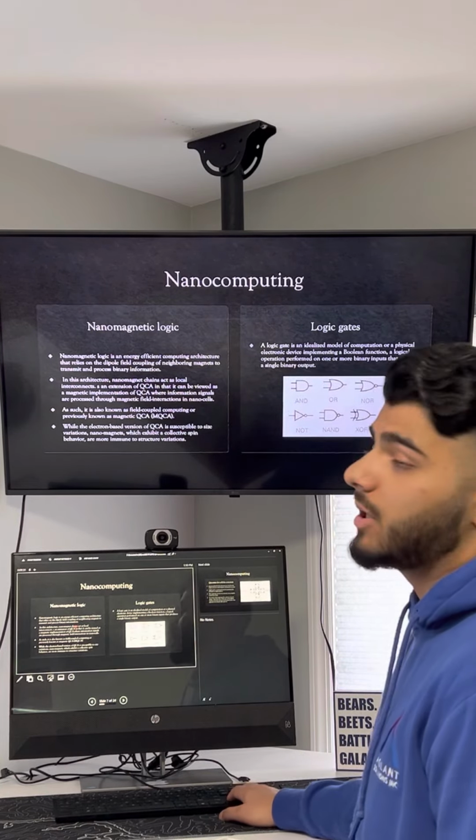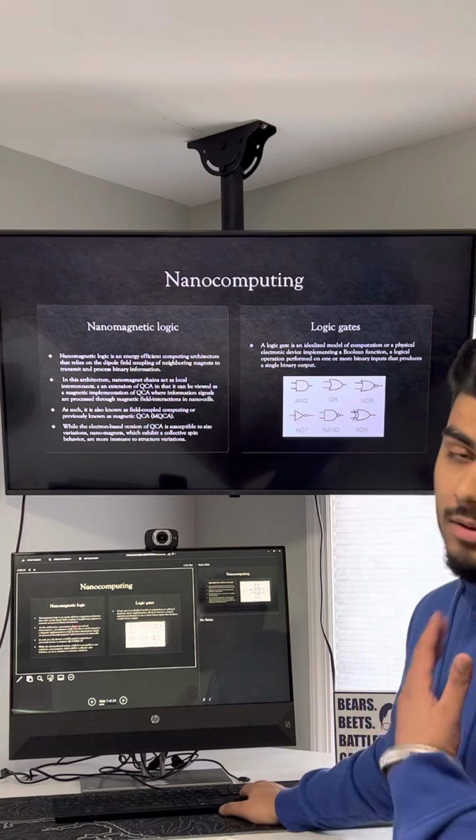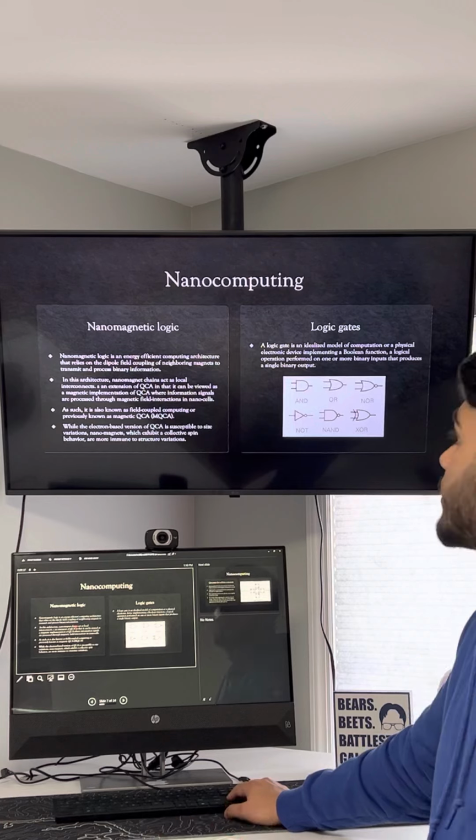Nanomagnetic logic and logic gates. So we learned about logic gates in class, but these are incorporating nanocomputing. All right, so